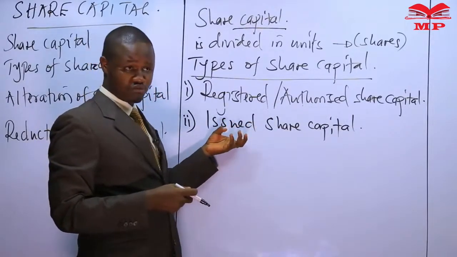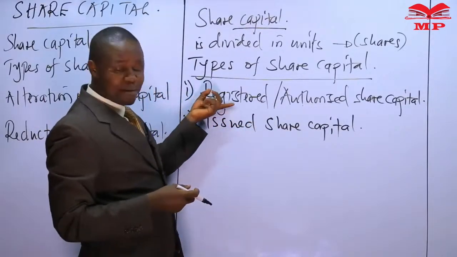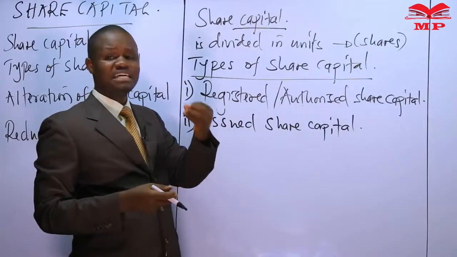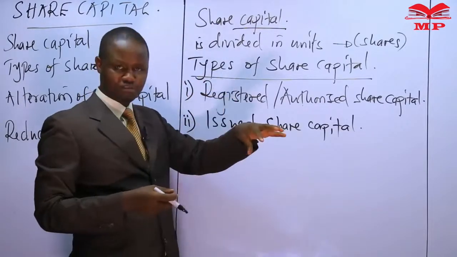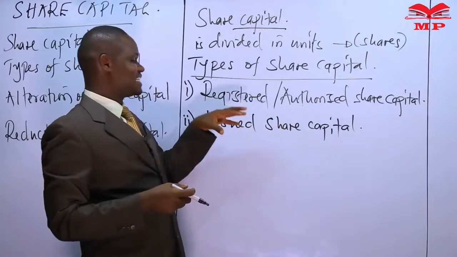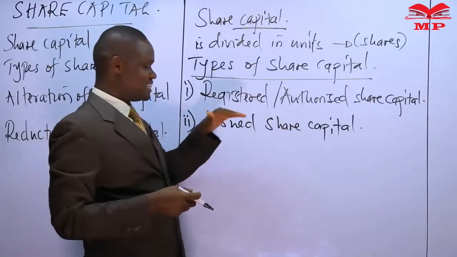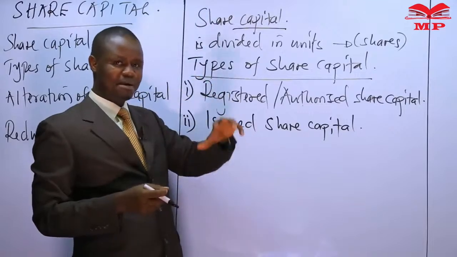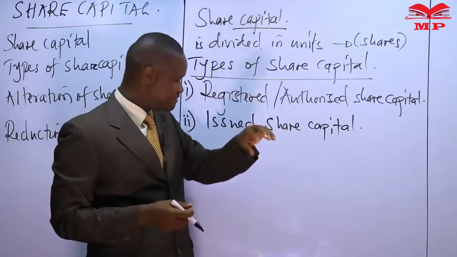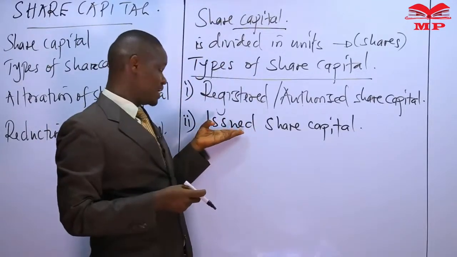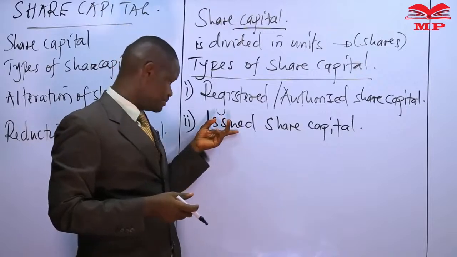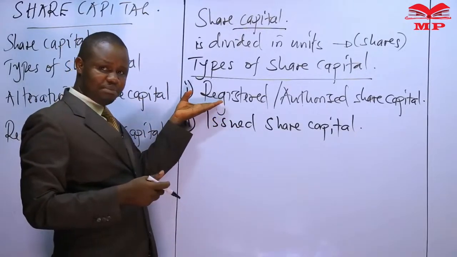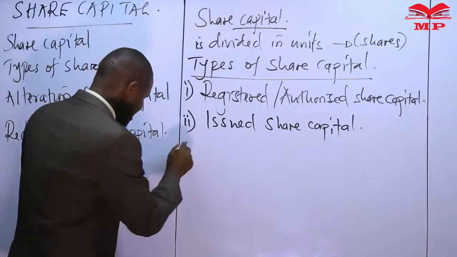a consideration for. So out of the company's registered share capital, we noted that it is not compulsory for the company to issue the whole of it. So that part that they have issued, that part that has been subscribed for, that part that members have taken up and have committed to pay for, it is that part that we are referring to as the issued share capital. Now, where this is part of the registered share capital, there is a balance that remains, which we